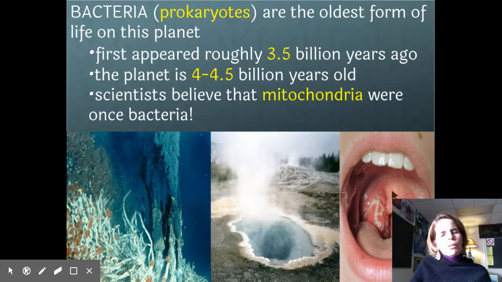Scientists even believe that mitochondria and chloroplasts were actually once free-living bacteria that moved into larger cells, eukaryotic cells, for some kind of protection, and they provided those cells with the services of making ATP or glucose and oxygen, et cetera. It turns out that mitochondria and chloroplasts have their own DNA, and they divide separately from the rest of the cell. So that's kind of good evidence that perhaps they were free-living bacteria at one time.